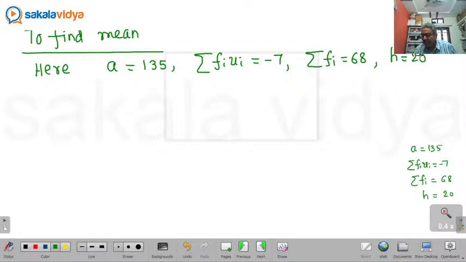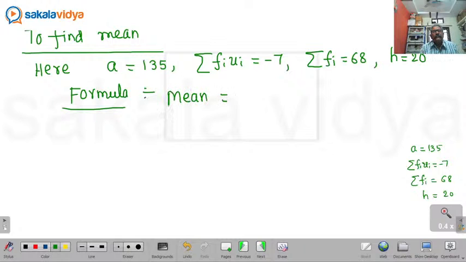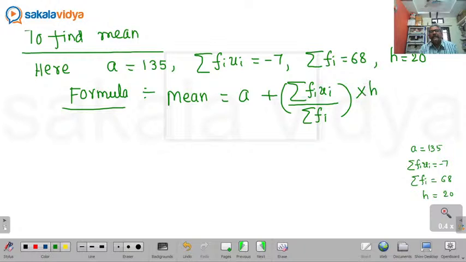Now you need to recall the formula. What is the formula to find out the mean for grouped data? Mean equals A plus sigma Fi ui upon sigma Fi multiplied by h. So A means 135 plus sigma Fi ui minus 7, this is 68,